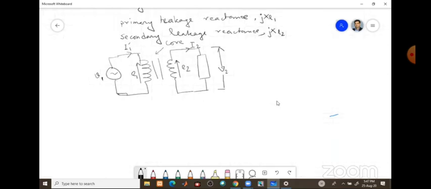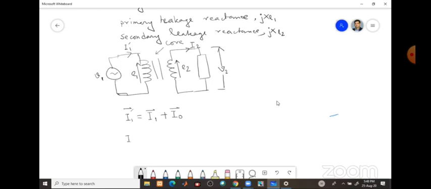Now let us start writing the voltage equation. Some current equations we have already established, like this. I1 prime is the actual primary current, which equals the load component of current plus I0, the no load component of current. This I1 is coming from I2, so I1 N1 equals I2 N2. And this I0 is the no load current.